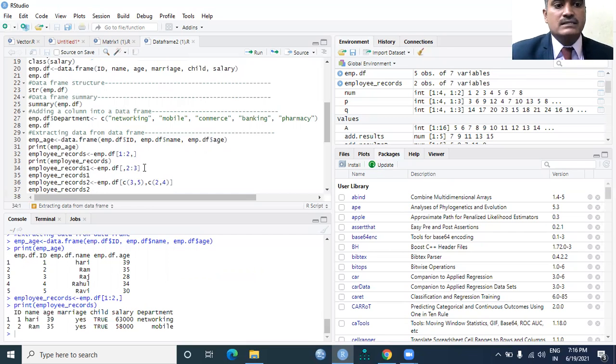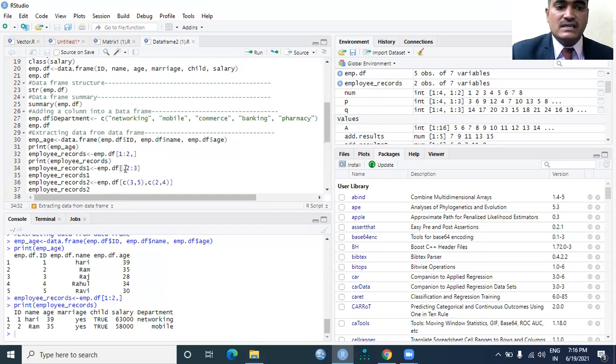Likewise, I would like to create one more variable by the name of employee_records1. What I want to see in this variable is, from employee.data frame, the second and third columns. I don't want to see any rows here. I want to see the second and third columns.